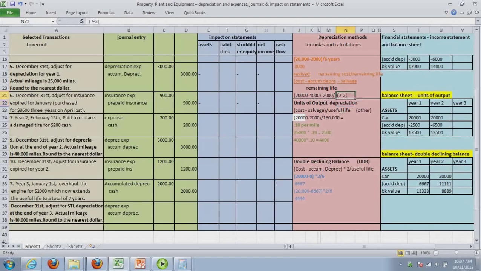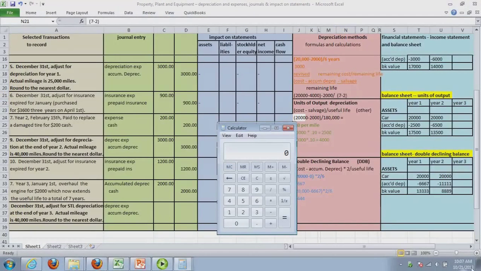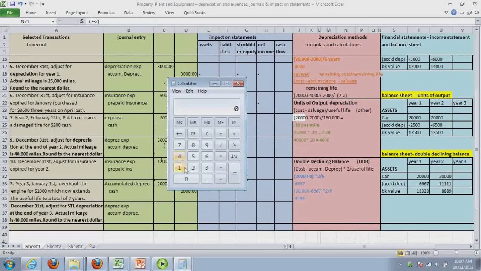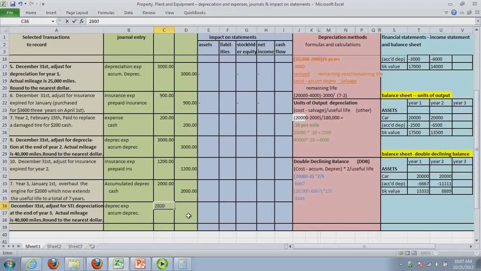Okay, let's see if we can actually do that calculation. And this is the worst part of dealing with this. So we have 20,000 minus the 4,000 in accumulated depreciation. And that's going to give me 16. 16 minus the salvage. Okay, so that's the cost left to be expensed. We don't expense more than that. We have 5 years left to do it. So I'm going to divide by 5, and that's going to give me $2,800. So if I do $2,800 this year, next year, and the year after for 5 years, that will fully depreciate